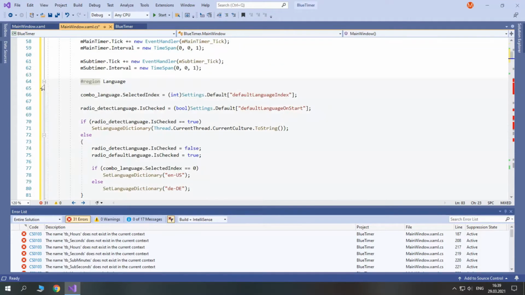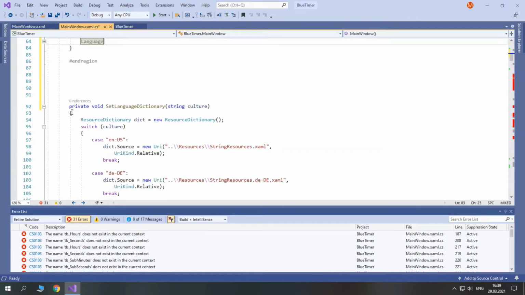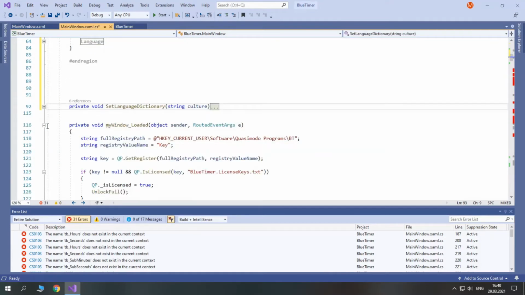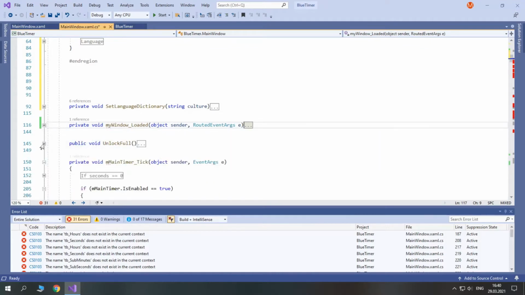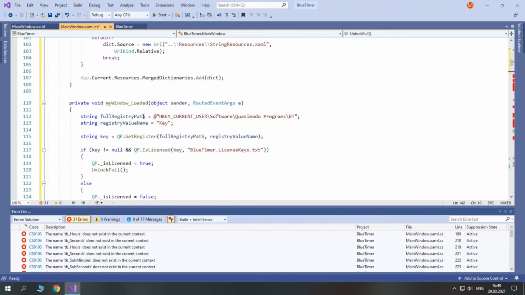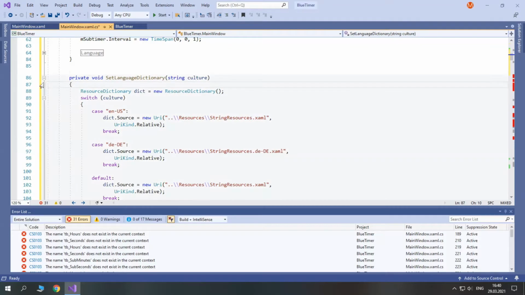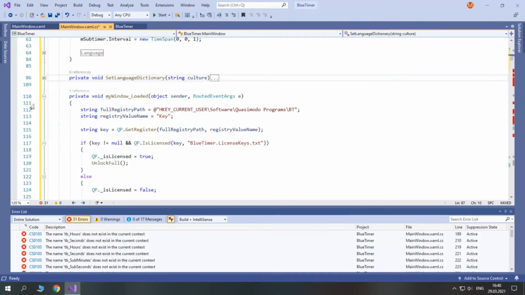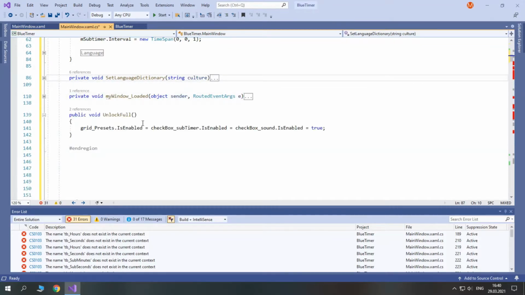So that's it. So we can collapse this region, and let's move this method and this event and this method. We'll move all of them under the constructor here. Okay, our set language dictionary method, our myWindowLoaded event, and unlock full method.